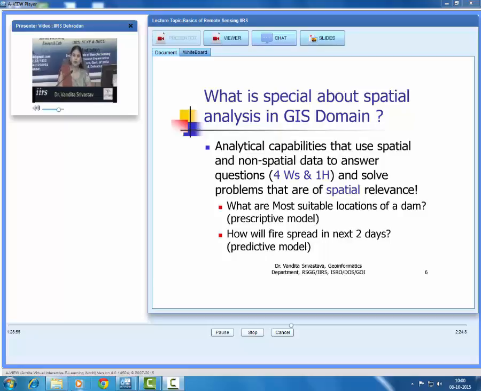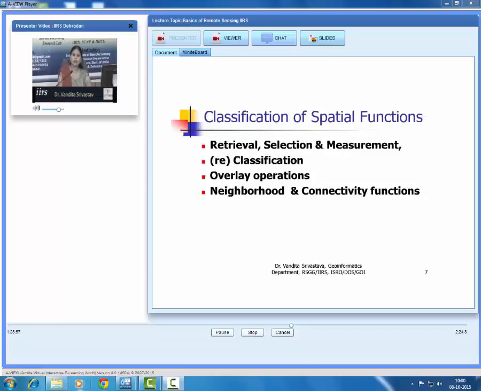So let's move on to the next thing. This is the set of functions, types of functions into which the various functionalities of any GIS software are grouped, and these are retrieval, selection and measurement functions, classification or reclassification, overlay functions, and neighborhood and connectivity functions. So I would be discussing some of them, but before that I would like to discuss with you some general